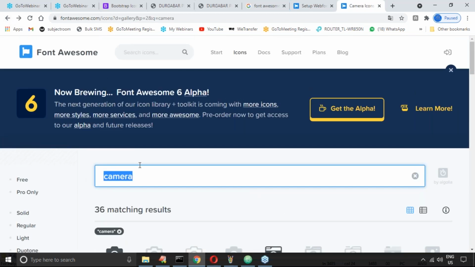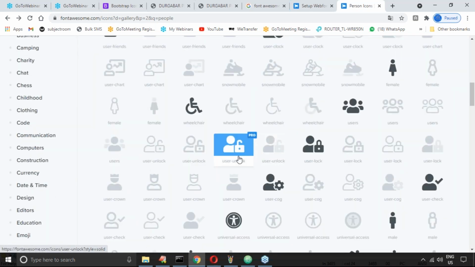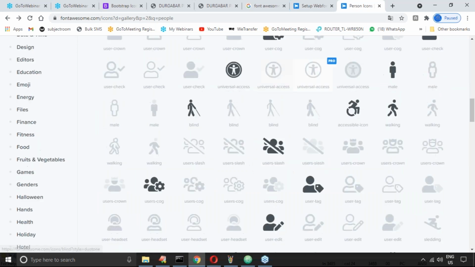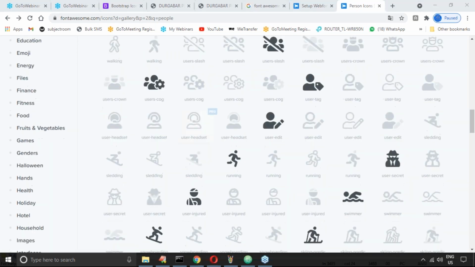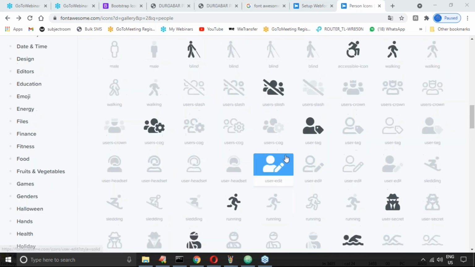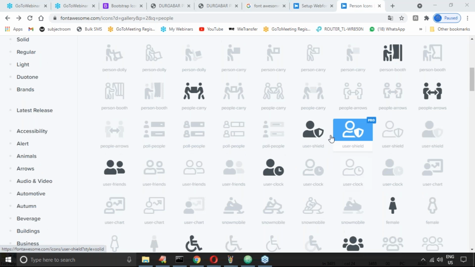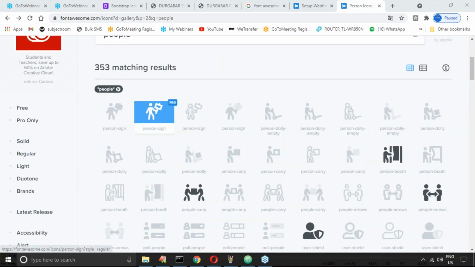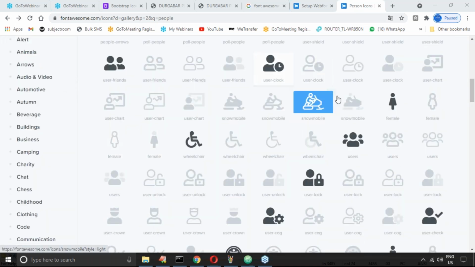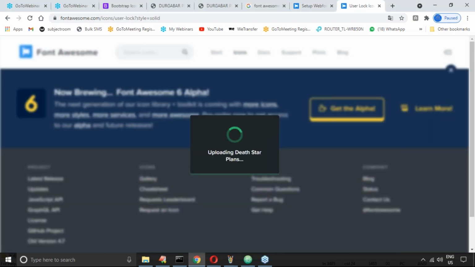Camera I don't want. Okay, people something like I'm taking. Here I have observed there are some free images available. There are some paid images there. Okay, people images, like what I will take, login, something like any image you can take, no problem at all. Here I'm trying to take login like this one. User login, something like.